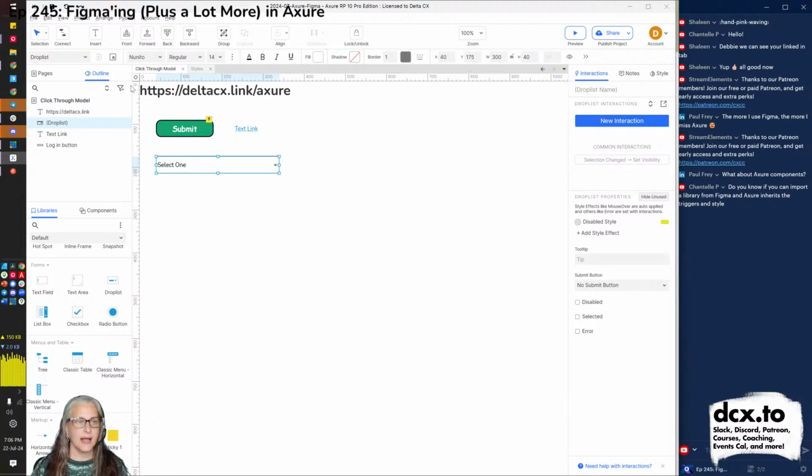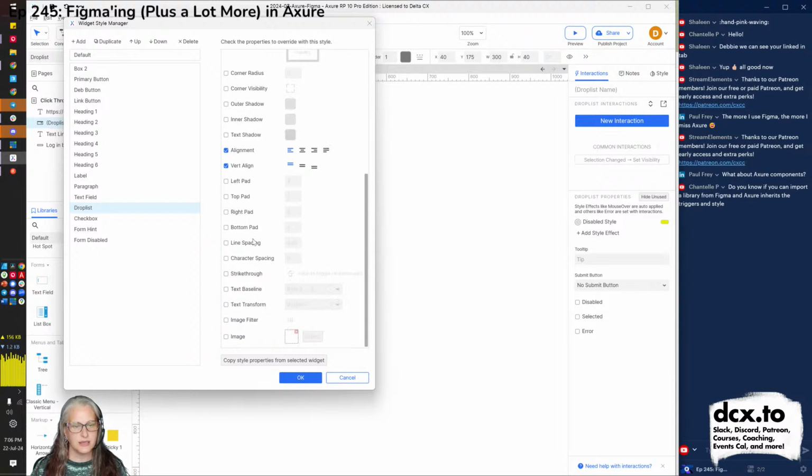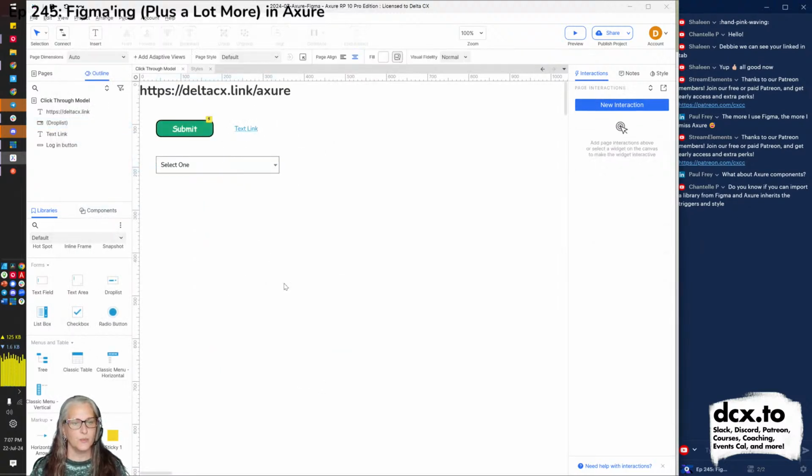Now, again, we could style this a little bit. I can come in here and I could say, ooh, this needs a little left padding. That was really too close to the line. I want to pretty this up a little bit. Here we go. All right, so it's not the prettiest, but it'll function.